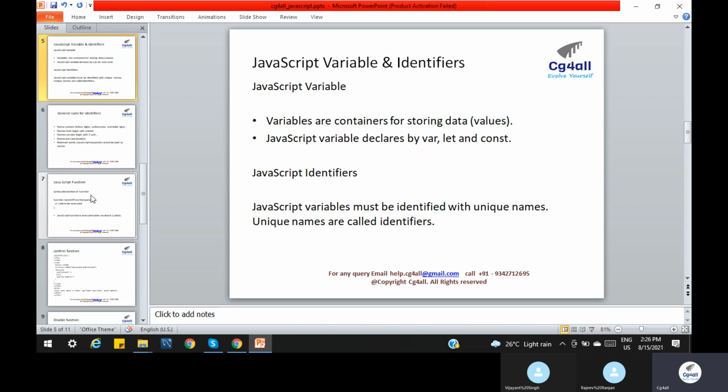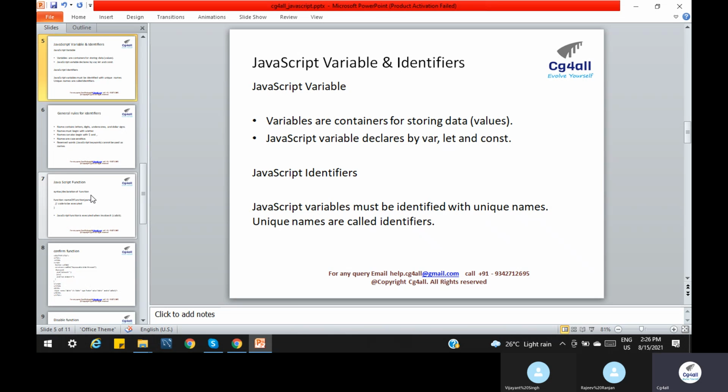So what is a variable? Variables are containers to store data in any programming language. Let us consider I tell you, give me 10 rupees. We are talking as if we are giving the 10 rupees. In the same way, how can JavaScript understand this variable? It has to store the value somewhere, right? Suppose we have a wallet, what we have to do is put the money in there. Same way, something is required to store this value, and that storing thing is called a variable. This is the same in any programming language, and JavaScript also has it.